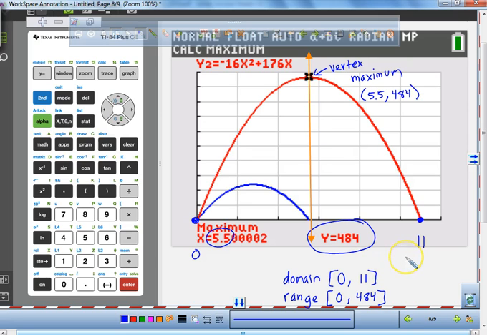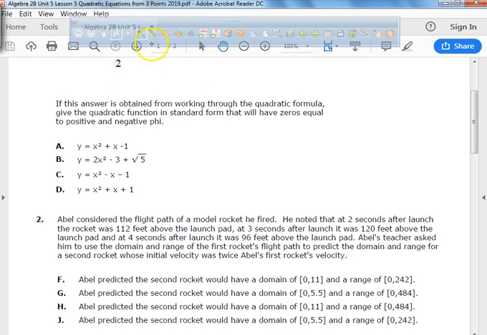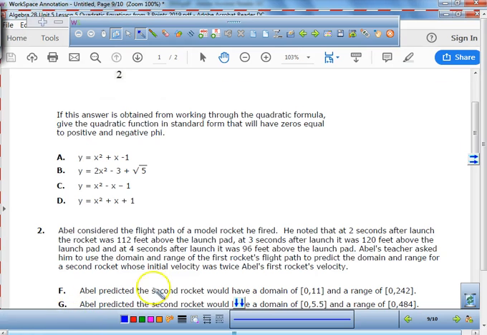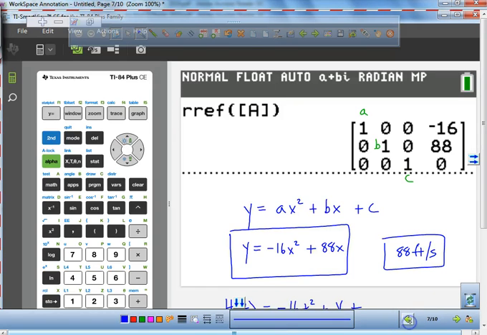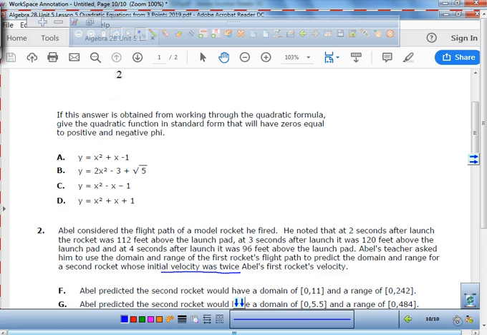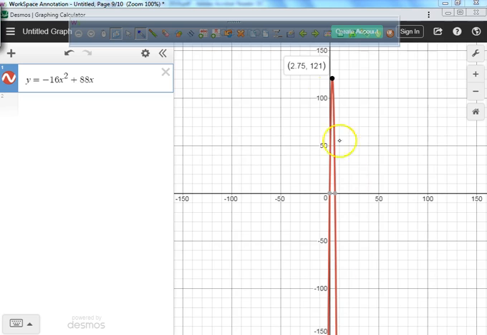Okay? But we did this in our journal for showing you how to do things step by step. Why is the answer H? Because we had to find the one that did what? After its velocity was twice. What was the original problem? The original problem, what was our maximum height? It was at what, 2.75 and 121. That was our original one. Okay? But our final problem was